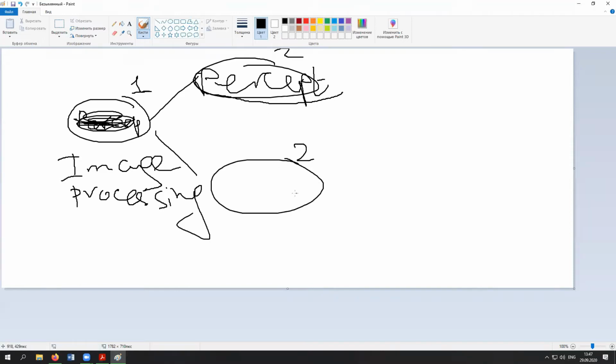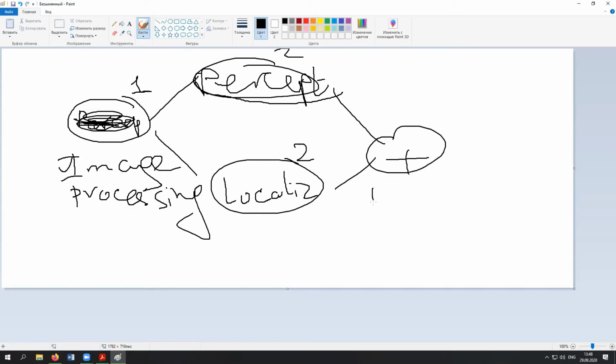Step also number 2, but that is performed simultaneously with perception, is called localization, where, also according to images, we try to estimate the position of the moving vehicle. Then there is happening the fusion, and then path planning